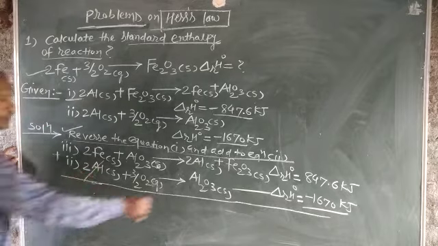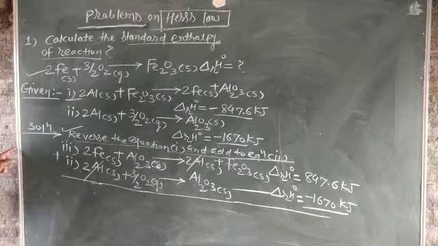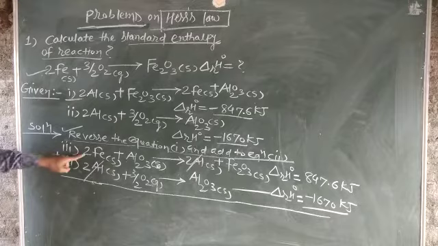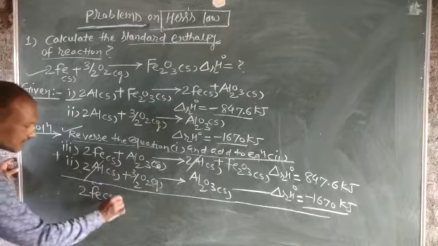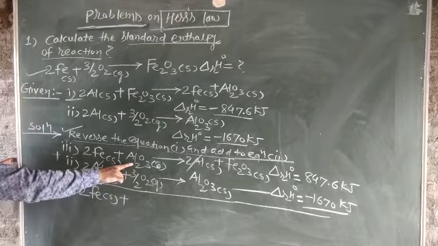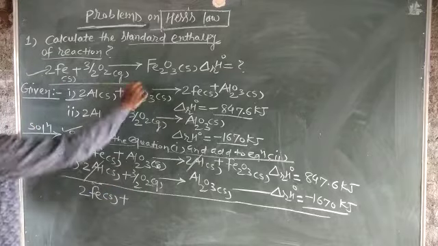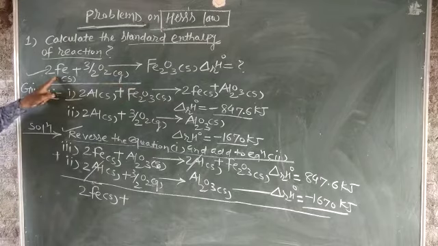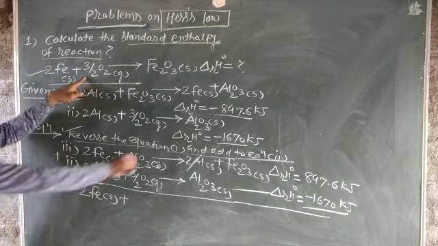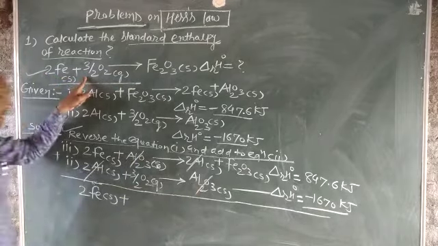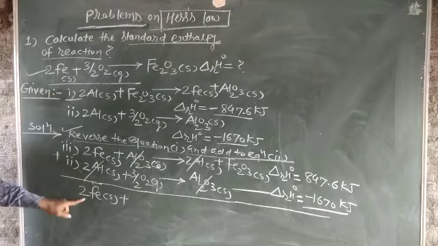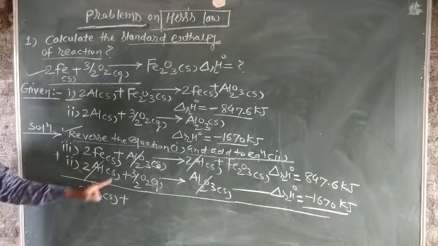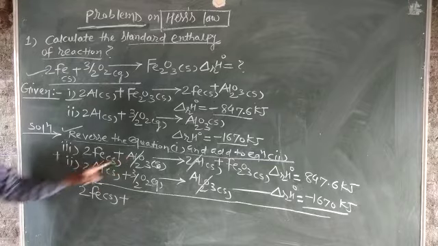So therefore this 2Al gets cancelled. आपल्याला काय पाहिजे आहे? 2Fe. Therefore we have got the 2Fe. The 2Fe is as it is, plus Al2O3. आपल्याला Al2O3 पाहिजे आहे का in this equation? No, Al2O3 is not there. So this Al2O3 and this Al2O3 will also get cancelled. Okay. Now what is left? 2Fe is left. Okay. Plus here this 2 gets cancelled.